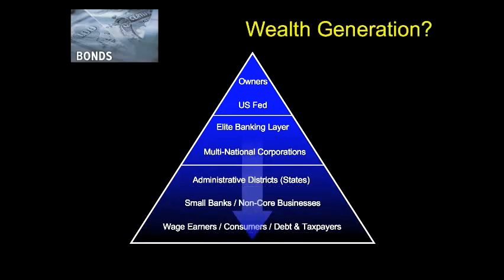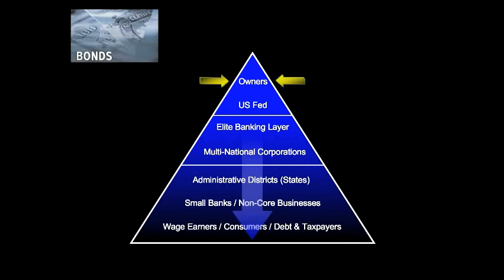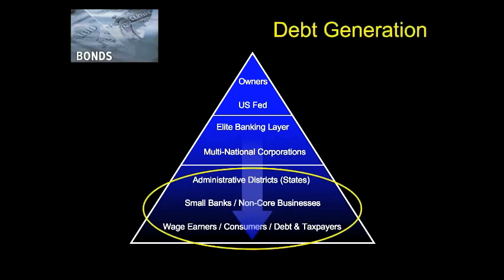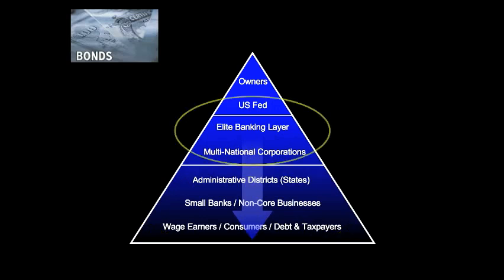So here's a question. Is this a wealth generation system, as we're trained to think? Well, it certainly is for these people. But if it is for everything else in the system, then why is the United States stuck with up to around $100 trillion in debt and total unfunded liabilities? Well, it's because this isn't a wealth generation system, but a debt generation system, which is really clear for these lower layers that are bankrupt. It's less clear for these middle layers because even though the institutions are driven by debt, the people in them can accumulate wealth given their high salaries and commissions and bonuses since they're dutifully serving in the upper layers of this empire system.